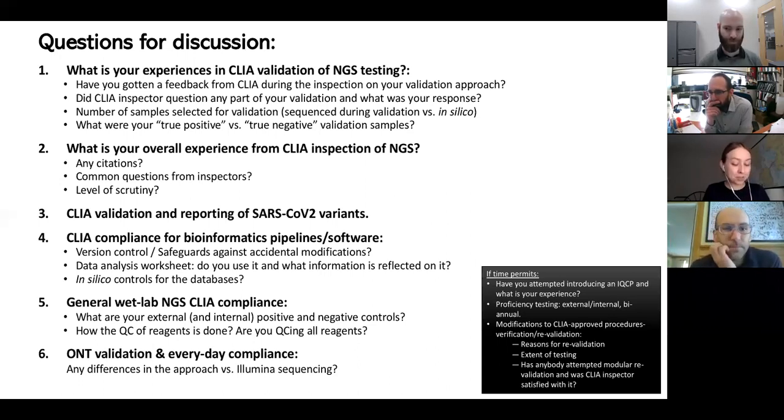Actually, Nick, I want to support that. The CAP would agree with you, and you can cite it, because the CAP approach to validation is that the lab needs to show that it's able to do that type of analysis, instead of showing that you need to be able to detect every single possible variation.